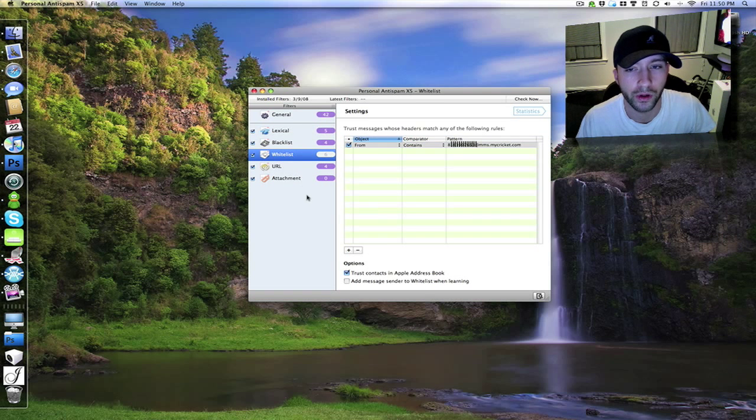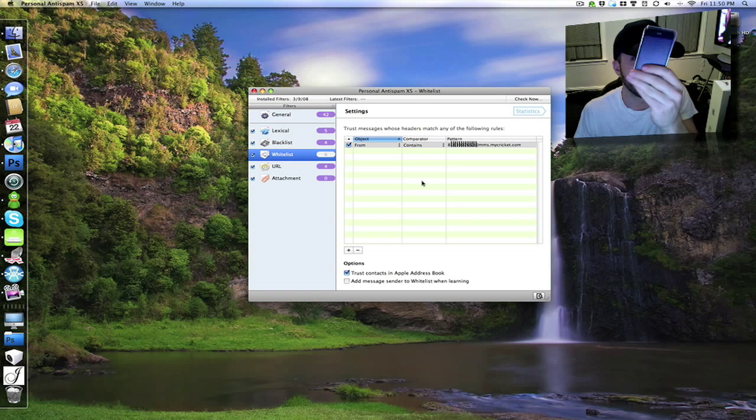You've got your whitelist, which I'm going to have to edit out in iMovie now because I'm a moron. My friend sent me a text of a picture, or emailed it to me because iPhones don't have MMS yet, so she had to email me a picture. So